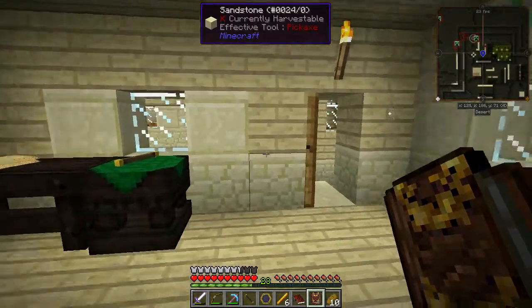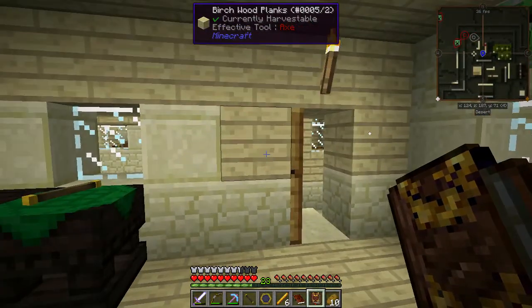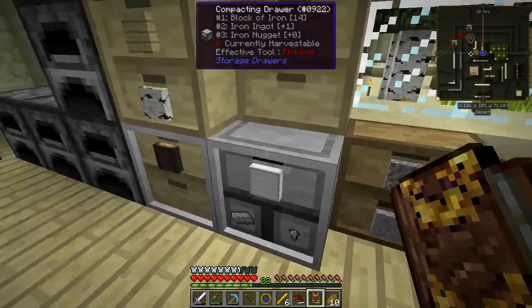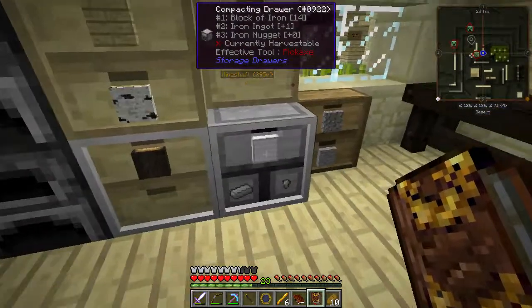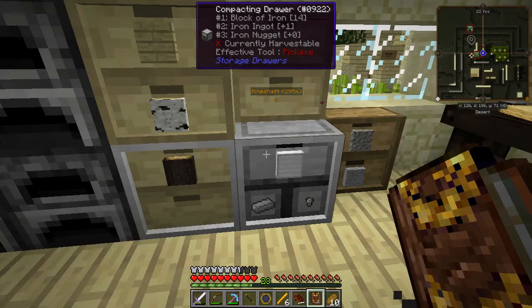I have once again re-entered my world. I've done a little bit of research and some construction while you have been away. I've got this little construction here which is quite interesting. It is a compacting drawer and it currently has in it enough iron, as you can see, to make 14